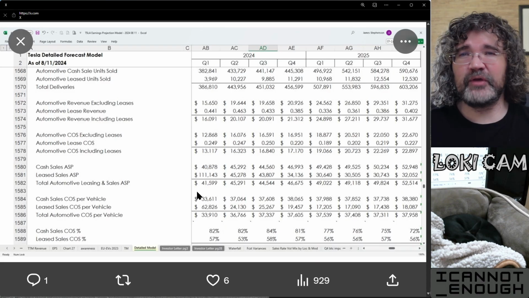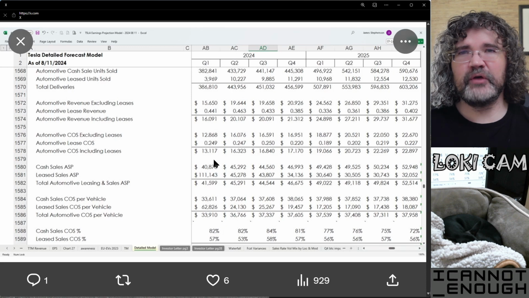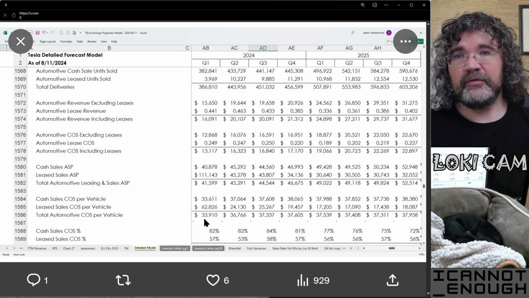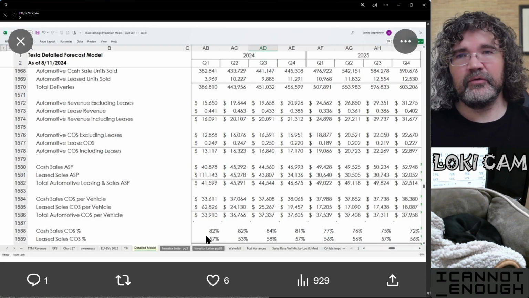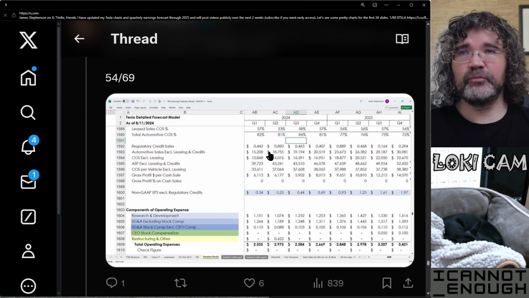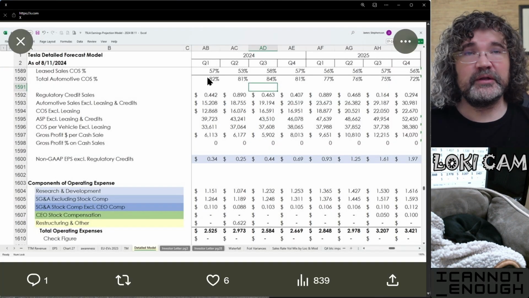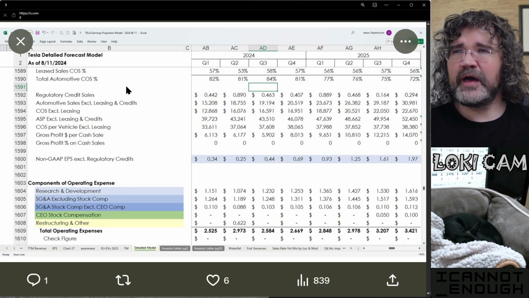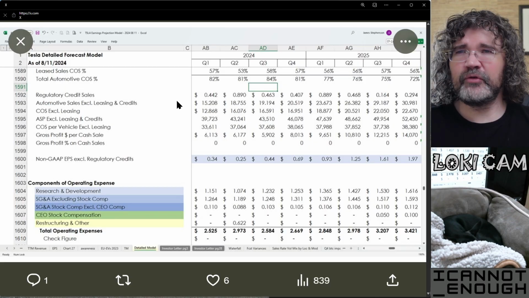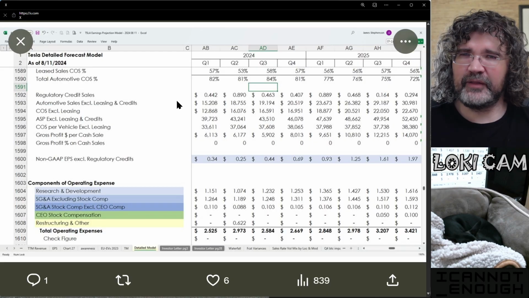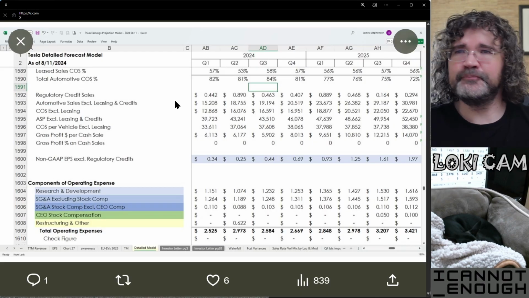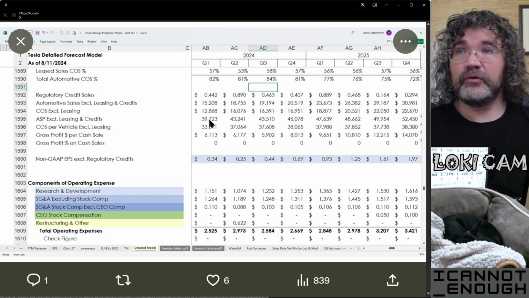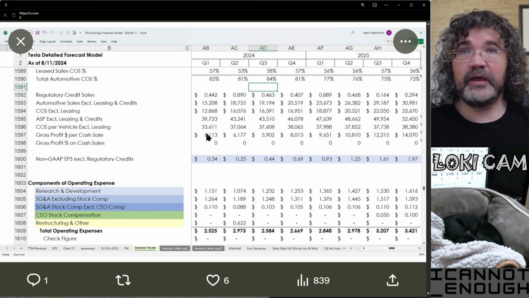If you were interested in learning where these came from, cash sales cost of sales, you just take these dollars of cost and you divide them by these dollars of revenue, and it gives you the cost as a percentage of the revenue. Same thing for leased, and if you scroll down to the next page, you can see what it is in total. It's already reported in total, but I was breaking it out into leased versus cash. Below that, I'm showing regulatory credit sales, automotive sales excluding leasing and credits, which sometimes people might care to see. Cost of sales excluding leasing, ASP excluding leasing and credits, cost of sales per vehicle excluding leasing,